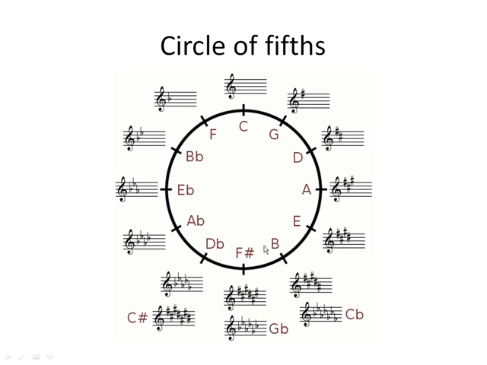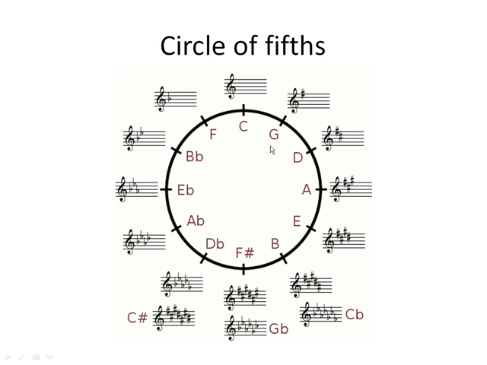The circle of fifths is a handy tool for thinking about key signatures. It's basically a clock face, and each hour corresponds to the addition or subtraction of an accidental. If we start at 12 o'clock, C major, we can see that there are no sharps or flats in the key signature. If we move to 1 o'clock, we've added 1 sharp, and that tells us that the key is